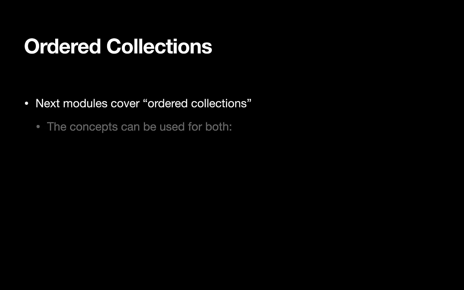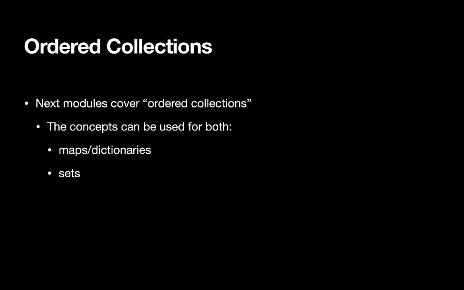This module and the next cover the concept of ordered collections. So basically, the concepts that we'll be covering in these next two modules can be used to represent either a map or dictionary or the concept of sets. So really what we're interested in is accessing data using a key. There might be an associated value with it, in which case we'd implement it as a map or a dictionary with the corresponding map or dictionary